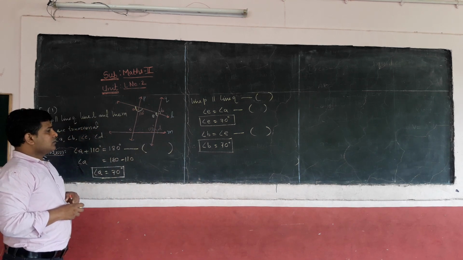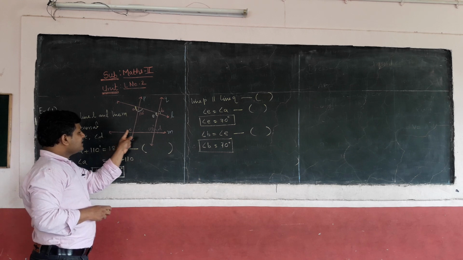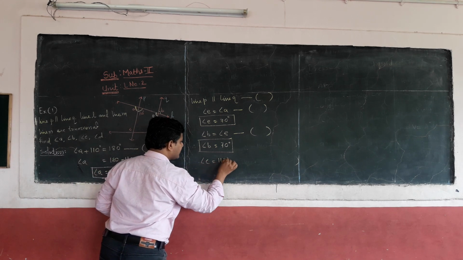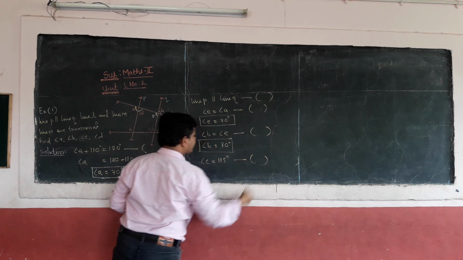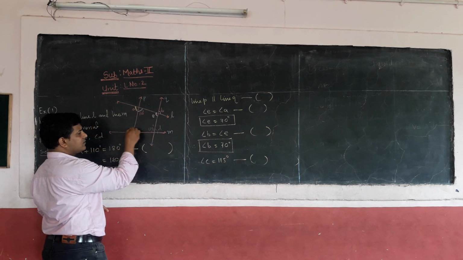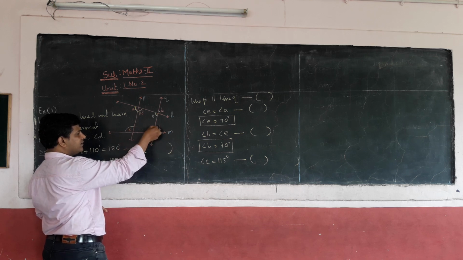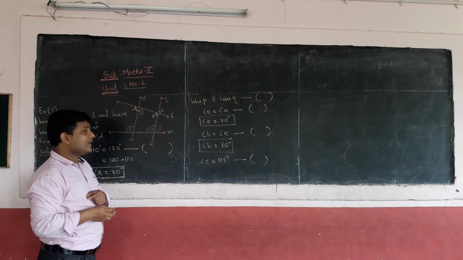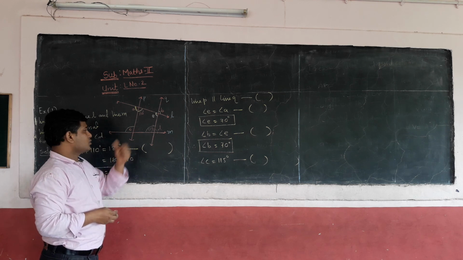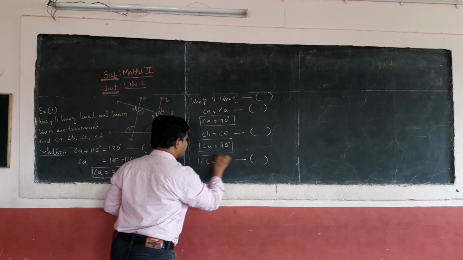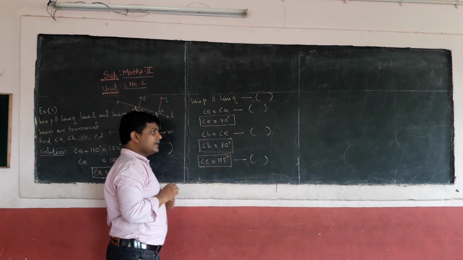Okay? Now, what is the relation between C and 115? Angle C is equals to 115 degree. Reason why it is 115 directly written here? Because these two lines are parallel. Then what is the relation between C and 115? Correct. They are congruent. Why? Corresponding angles. So value of C will be 115. So we got the value of C. It is 115. The reason will come corresponding angle.